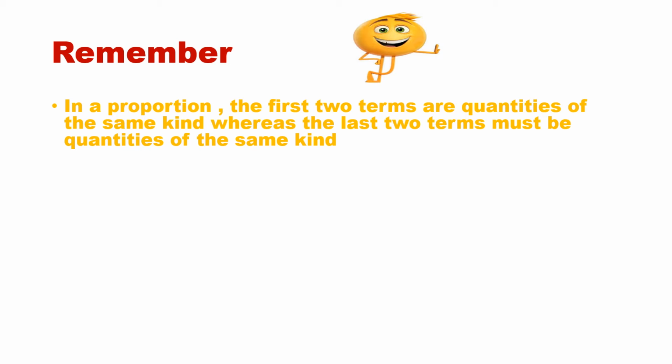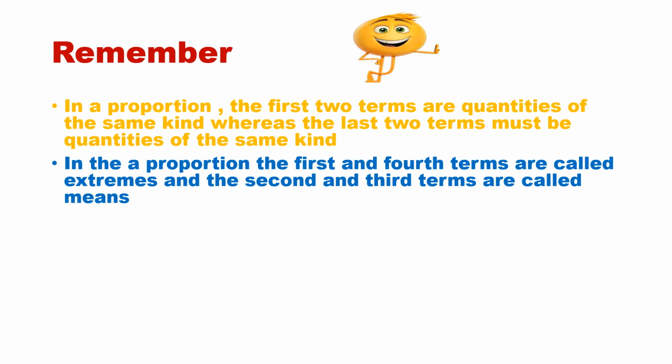That is time by time. Okay, rupee by rupee. So the first two terms are a ratio, and the second two terms also should have the same quantities. Like you can say kilogram, kilogram in the first two terms and hour in the second two. So then it is all right. So the first two terms should be of the same quantity, of the same kind, and the last two terms should also be quantities of the same kind.